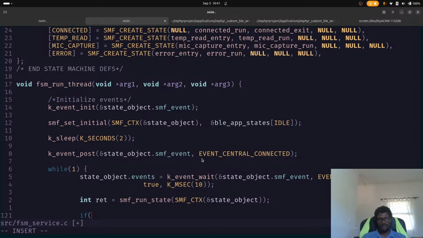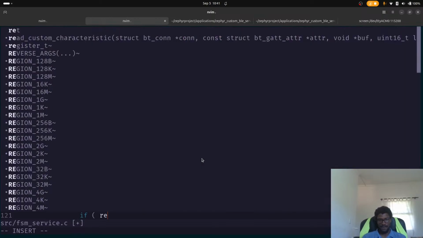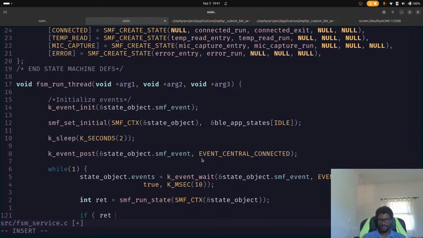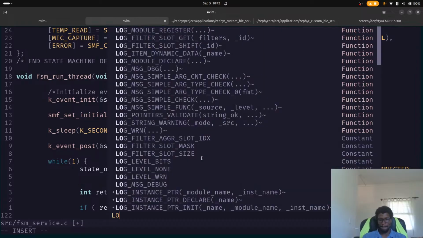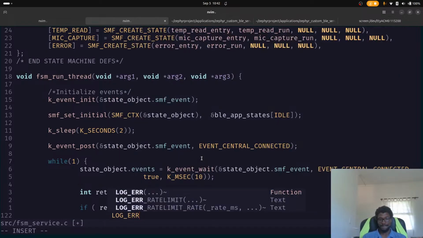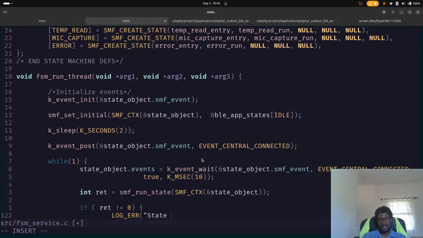If ret equals 0, log the error: state machine exploded, and then let's do here